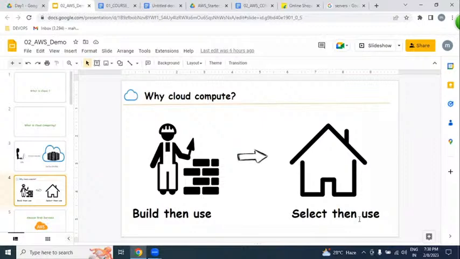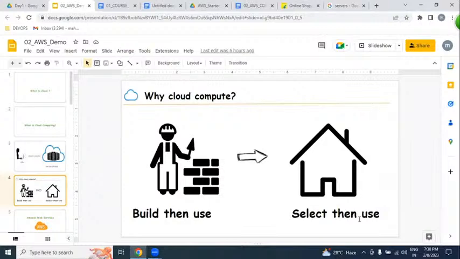Instead of buying, we are always looking for rental service for maintaining and deploying our websites. This is exactly the cloud. Why are we moving into the cloud? For just rental infrastructure.